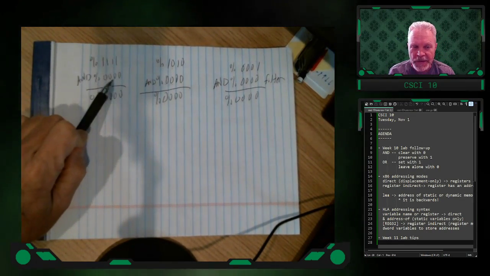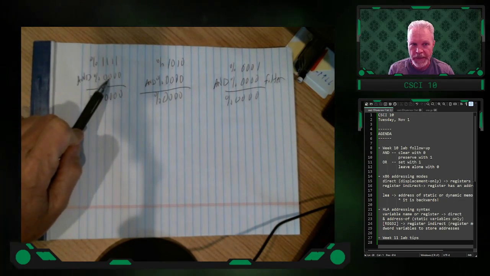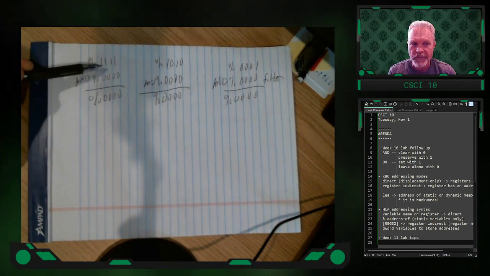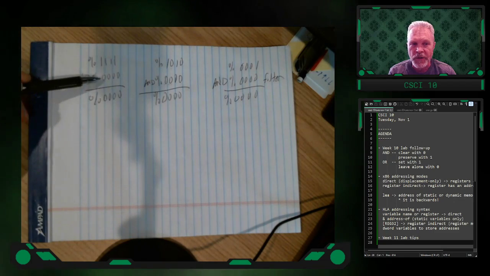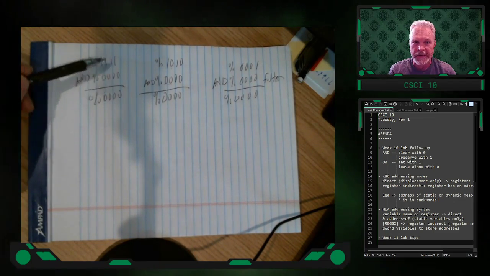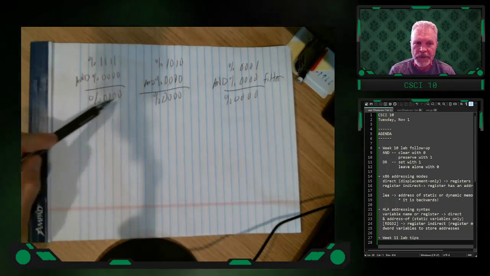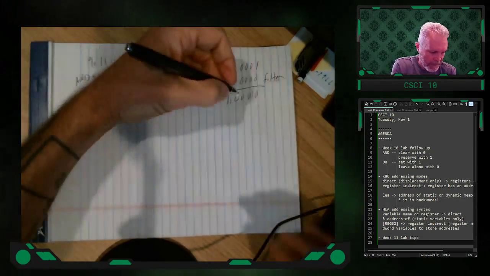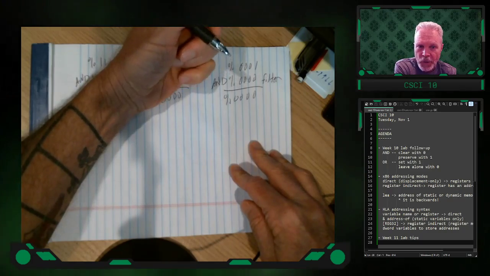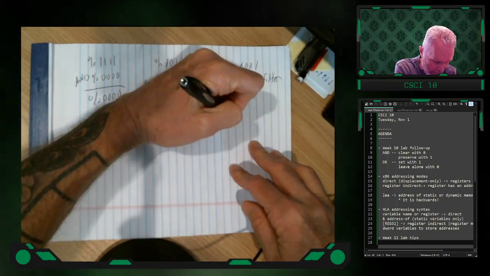So that's how you use and to clear bits, by anding some value through zeros for all of the bits you want to clear. And it doesn't matter if some of them are already clear or not, you still get zeros back out. Now, sort of the opposite holds true, by the way. So let's say that you want to